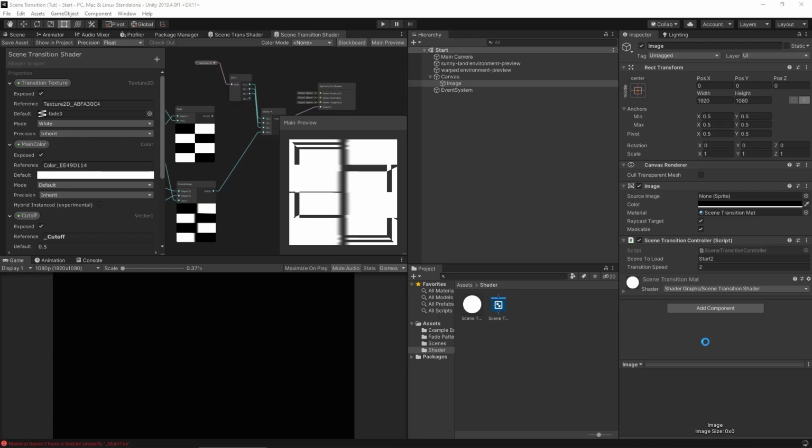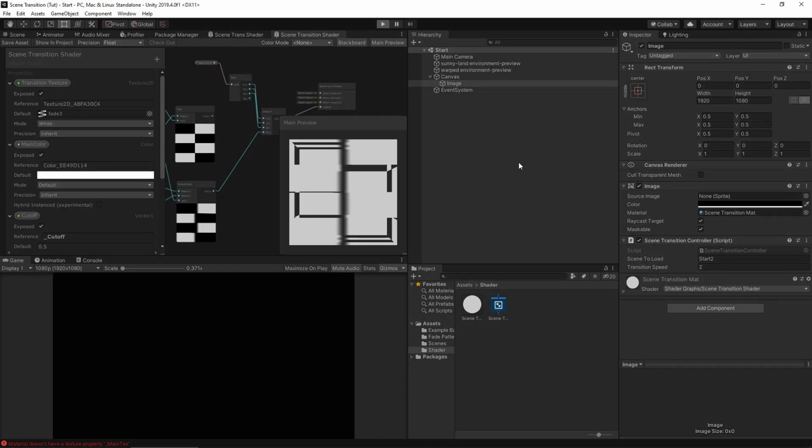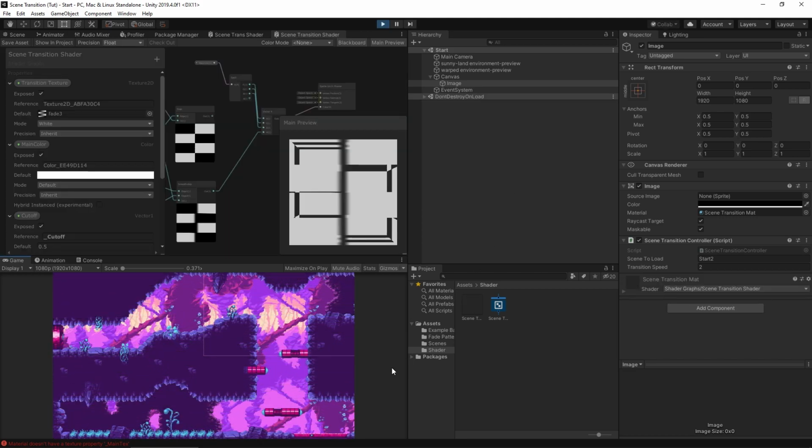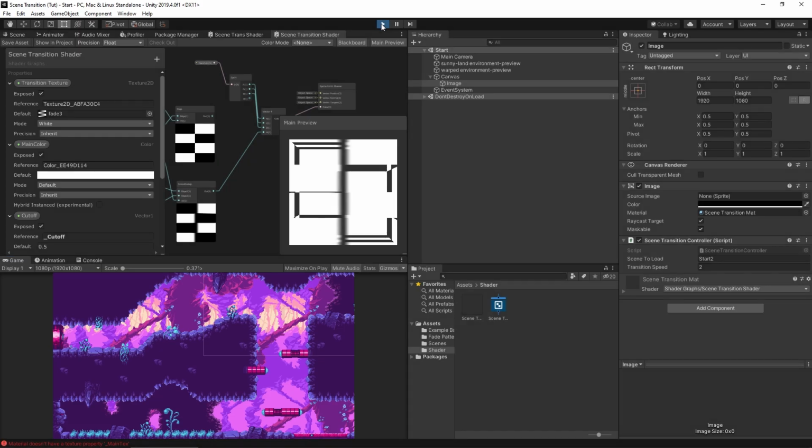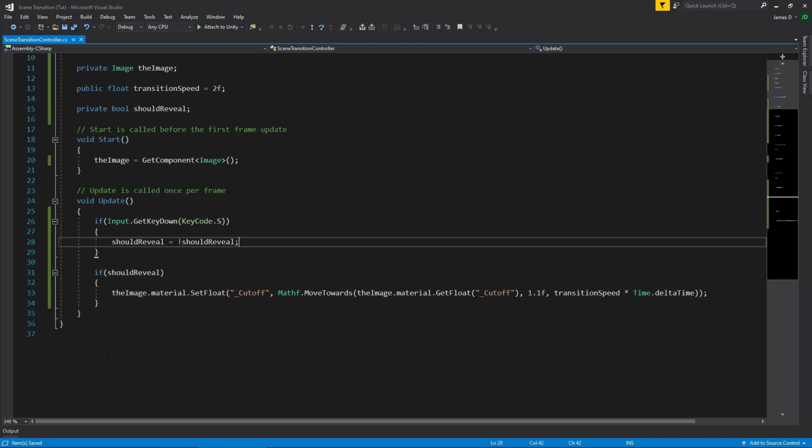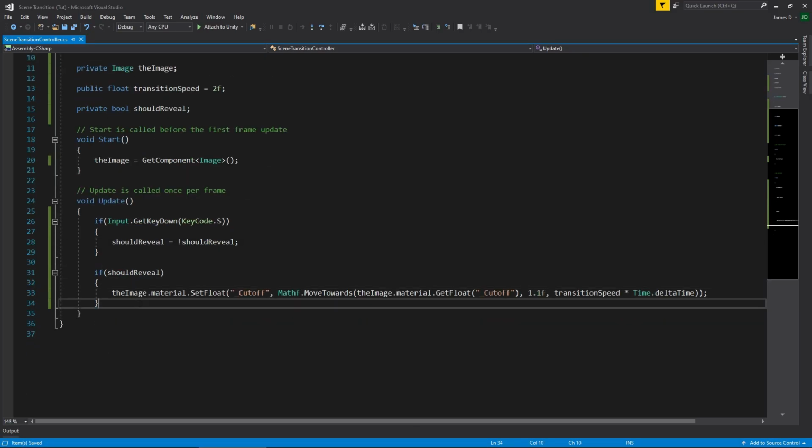So let's go back in here, let that compile, and let's press play now. So now this time, once we're going, if I now hit the S key, boom, we get us switching nicely to our view zooming out. So we obviously wanted to go back the other way as well. So let's go back in here, and we're going to say here, where we have the should reveal, we're going to say else